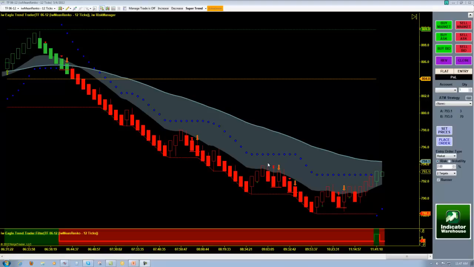But I do get a pullback back here into my band. And once again, I get a red warning dot with an audible alert. I get a red short entry triangle, and here is my red entry hash mark right here. Now, I could have taken this trade. I would have taken a little bit of heat, but with my stop right up here above my entry bar, I would have survived that by about 4 or 5 ticks. And once again, I easily get my first and second profit targets, more than likely protecting number 3 with a quick tap to the break even plus one button.